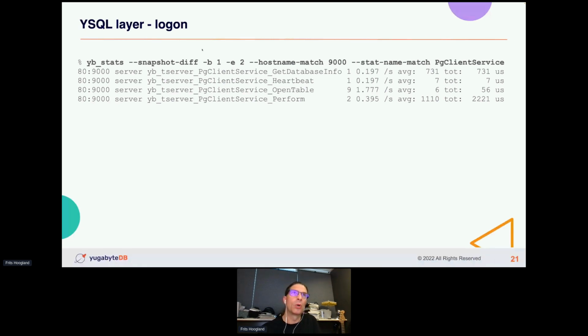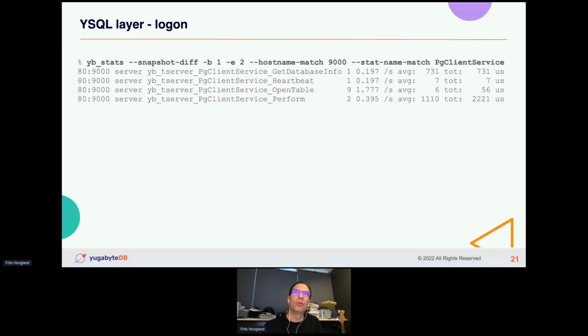This happened between snapshot 1 and snapshot 2, that's begin and end snapshot. And I only want to look at the tablet server,